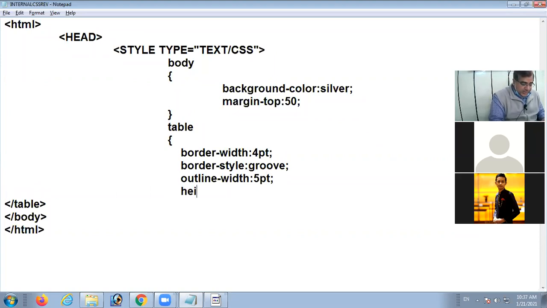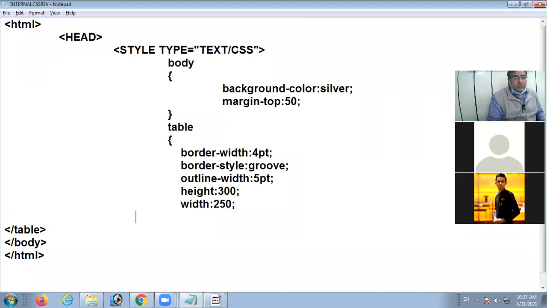I want height 300. I want the width 250. Then I want the border color to be blue. These are the properties that I want for the table selector.